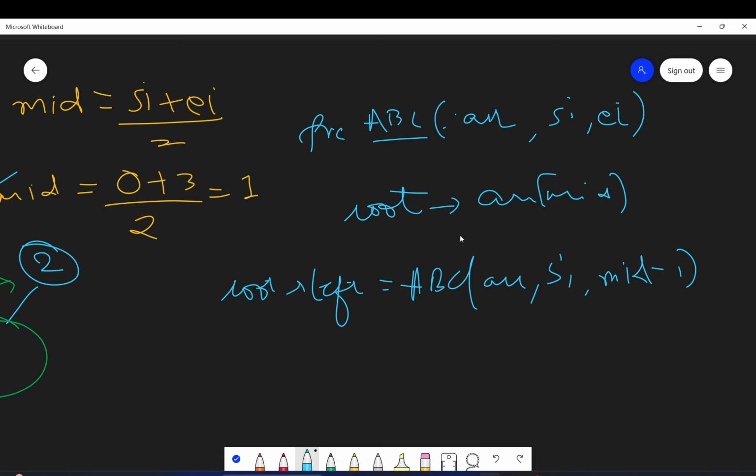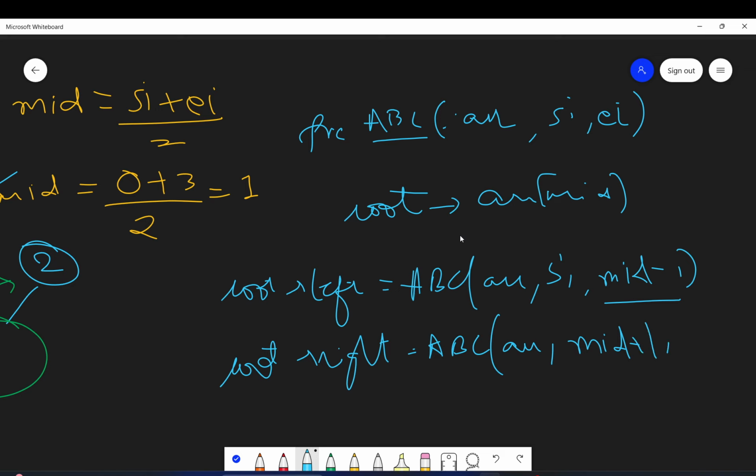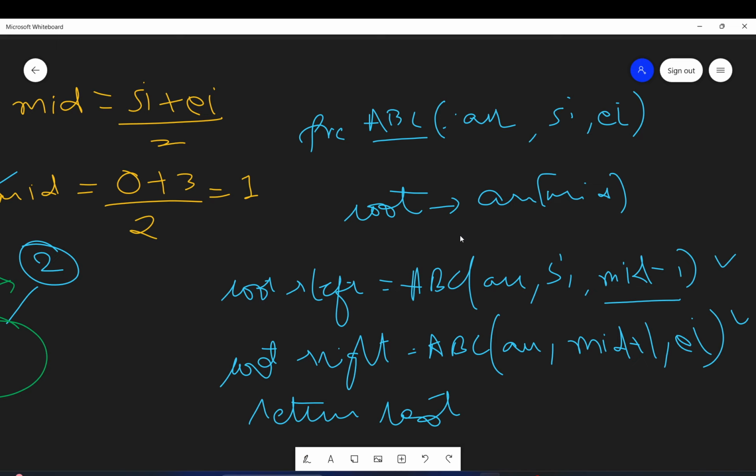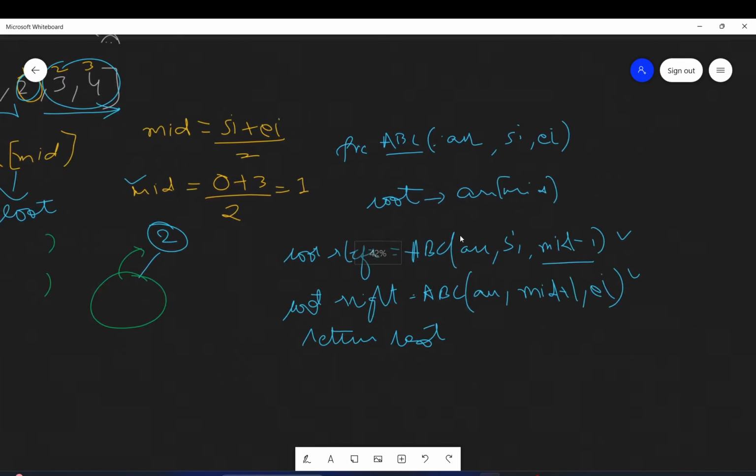So to the left of root, everything is from starting index to mid minus 1, and root's right will be ABC again, making the recursive call with ARR, where the starting index will become mid plus 1 with the same ending index. So these two will be my two recursive calls, and at last we will return the root. Okay, so this is what we will do here.